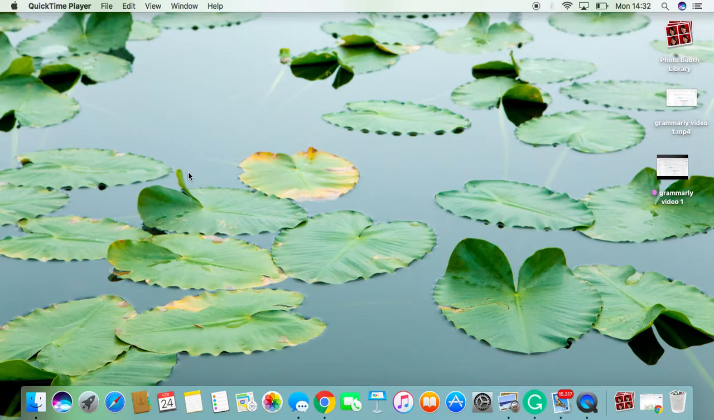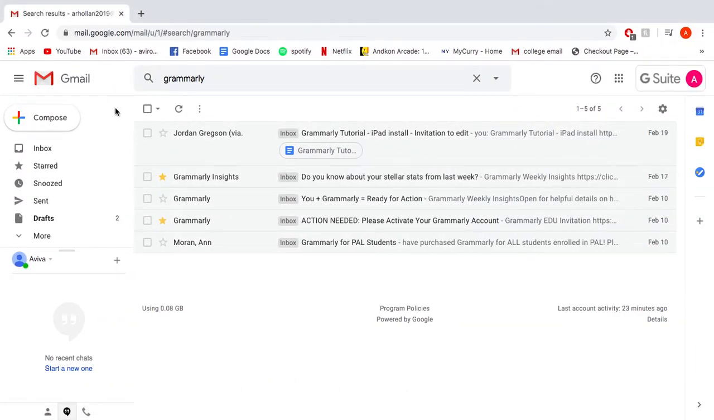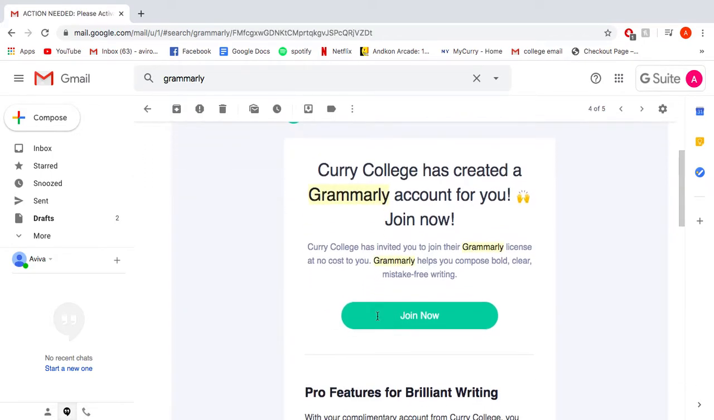So today I'll be showing you how to use and install Grammarly on Chrome. So first things first, you are going to go to your student email and look up Grammarly. There was an email sent February 10th. Action needed. You just click on that and scroll down and you'll see a button that says join now. And you'll click on that,